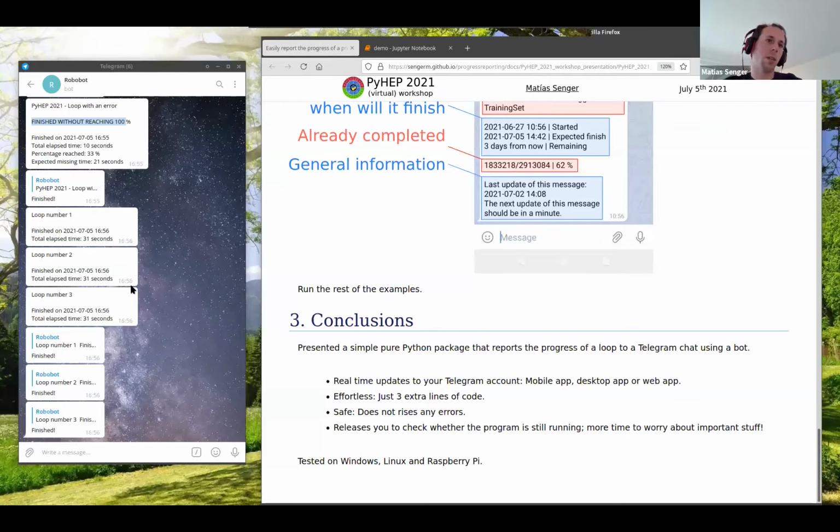It just keeps waiting and displays a warning, but that's all. And it releases you to go there personally and check what is happening. You just receive the updates in your cell phone. And I have used it in Windows, Linux, and also in a Raspberry Pi computer. So basically, this is all I had to share.